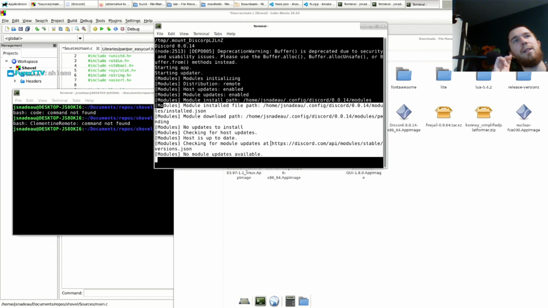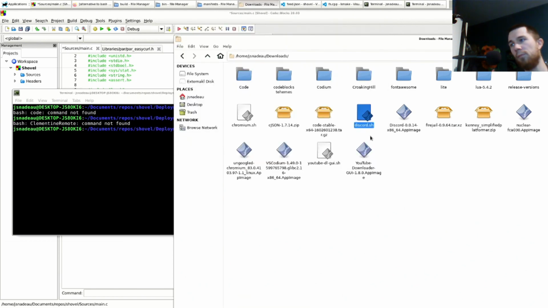So being able to call the applications from the terminal is a plus, and yeah, that's pretty much it. It gives you a little bit more features than you would have usually. And also, when you close the terminal window, you actually close the application, because Discord likes to give you an X at the top, but when you click the X, it doesn't actually close the application. Anyways, that's another issue, but